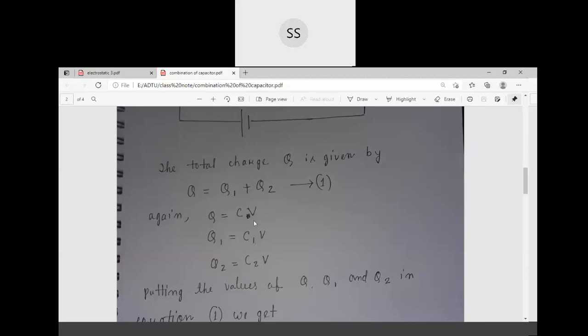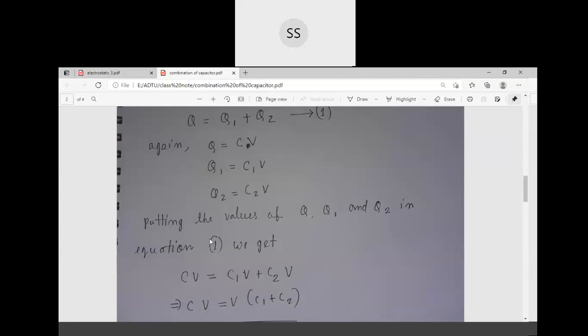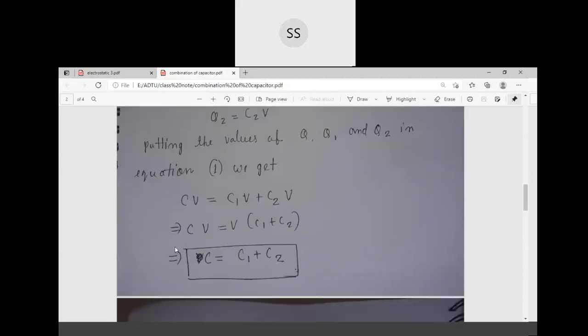So if we put all these values in equation number 1, we get CV equal to C1V plus C2V. So we can cancel out V from both sides, so the final equation we get is C equal to C1